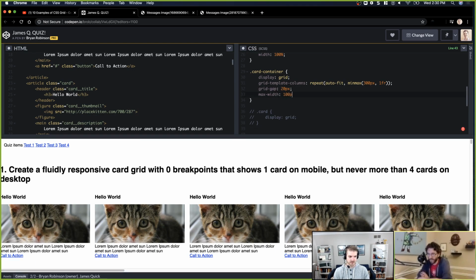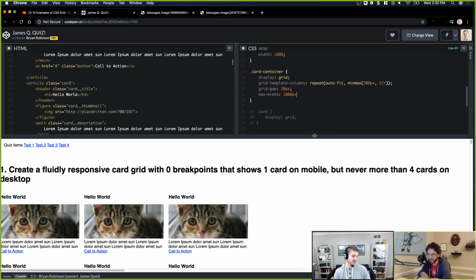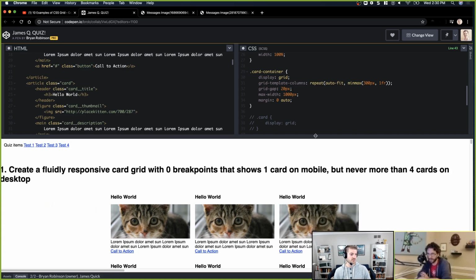This will fix it right now. It should jump to the left, and actually further than I thought it would. The reason this doesn't look so great is, a little centering trick, I can do a margin 0 auto that will center its content in the middle. And I could go up to 1200.